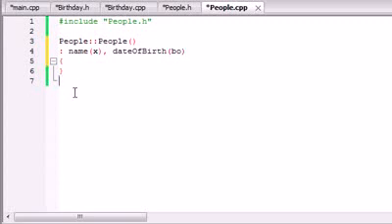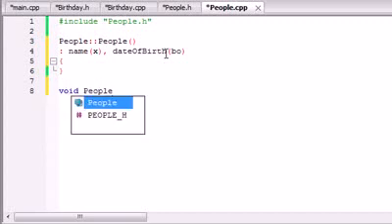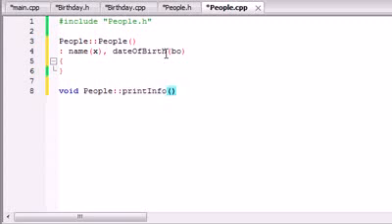So let's take that information and we can use that whenever we're building this other function, print info. So let's go ahead and, I guess I don't need to do anything before that. So let's put void people print info, and of course this print info doesn't take any information, but it's just going to print something out on the screen. So what it's going to do is cout your name variable, which would be Bucky Roberts, and then go ahead and write something like was born on, and then make sure you don't end the line